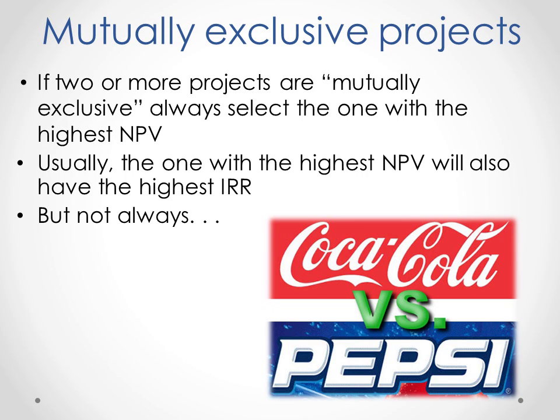So if 2 or more projects are mutually exclusive, tear down the administration building, refurbish the administration building, then which one do you choose? You always choose the one with the higher net present value. Now, usually the one with the highest net present value will also have the highest internal rate of return, but not always. I mean, you'd just think that that would be the case. The one with the highest net present value,